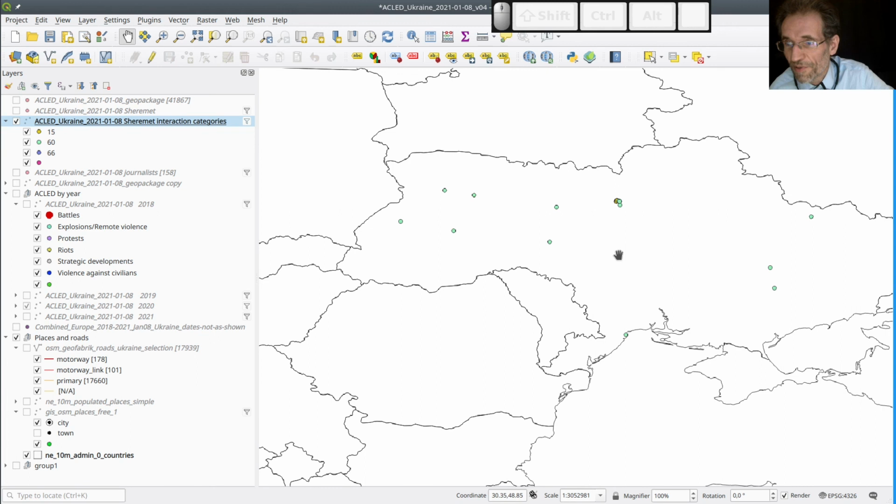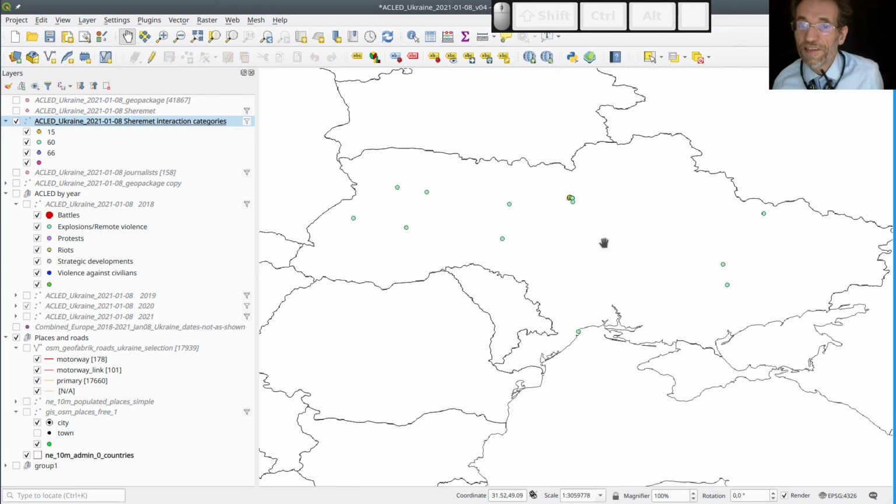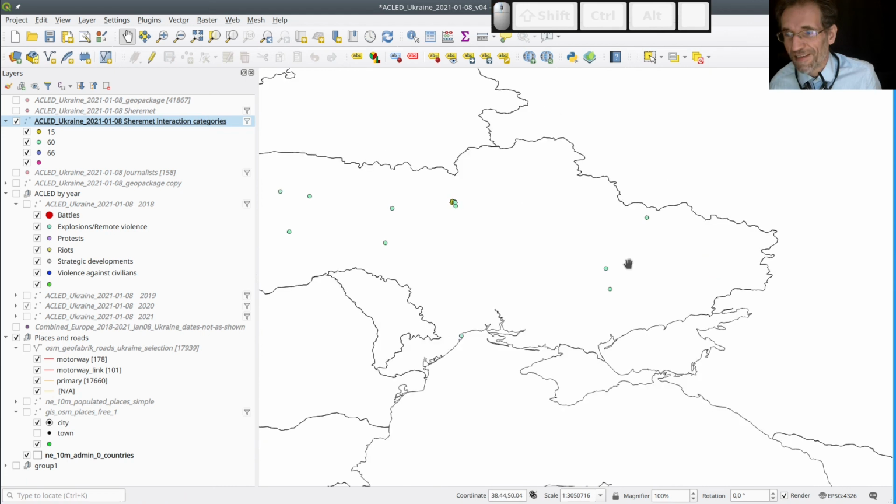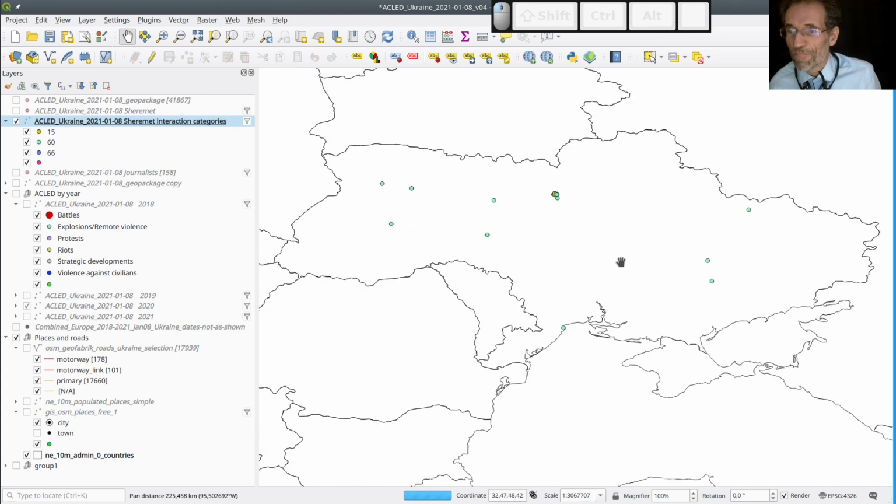We see that most of the interaction in 2020, and maybe a bit before, there were two events before that here, are around Kiev. And when it's not on Kiev, it's more on the western side, not the Russian side, which is more on the eastern part. So here it's interesting to look at the pattern of